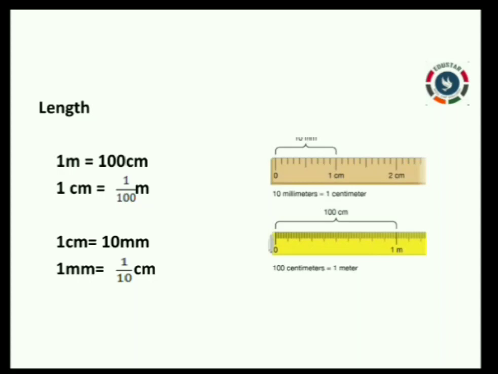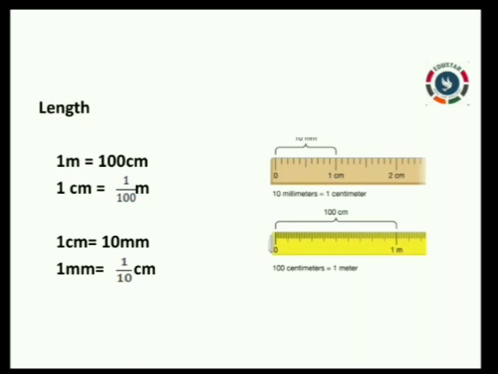Meter, centimeter, right? For example, you will say 1 meter 75 centimeter of cloth, right? Yes. So now you should know the relationship between meter and centimeter. 1 meter equals 100 centimeters. So 1 centimeter equals 1 by 100 meter, which is equal to